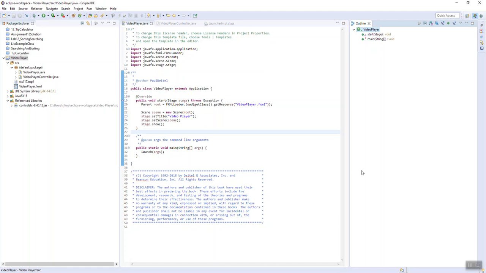One class that's mentioned in the Deitel text is the AudioClip class. This basically allows you to play some simple audio playback, but for more audio playback functionality, and what we use in this project, you can use the classes MediaPlayer and MediaView. And we're really going to use all three of them. We'll see how they are related to each other and how we can use them in conjunction to play a